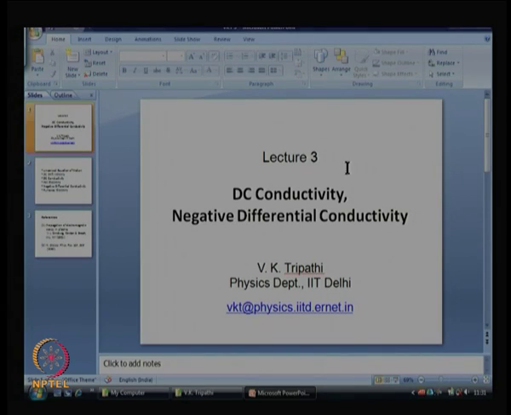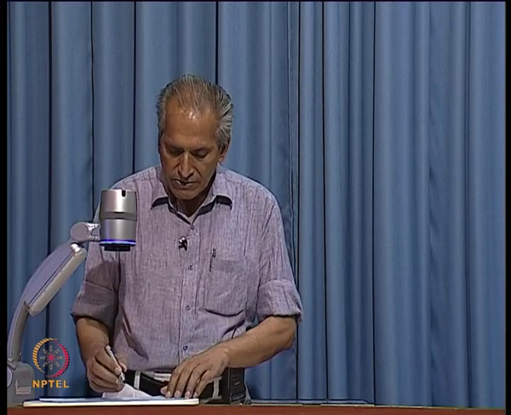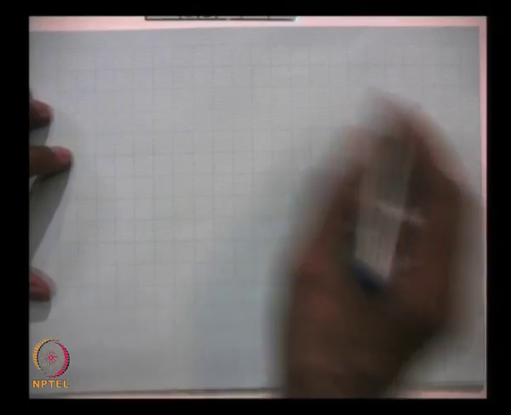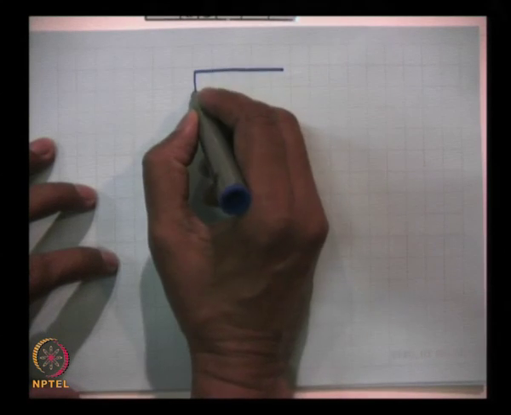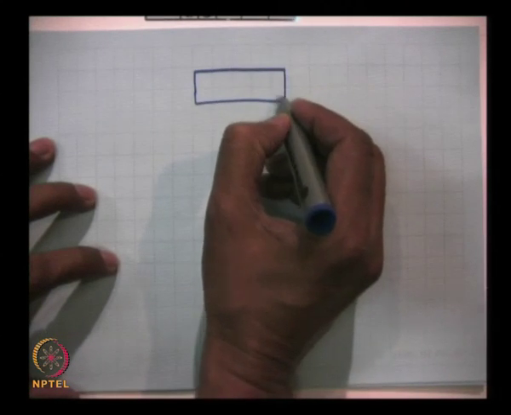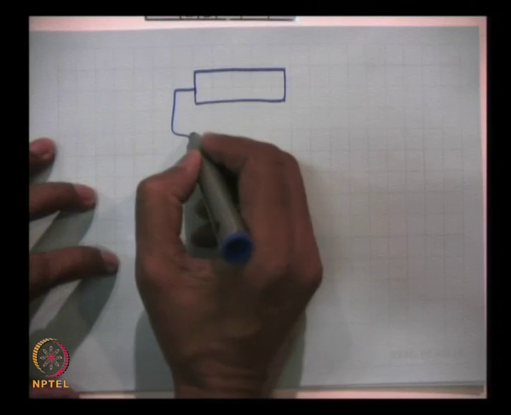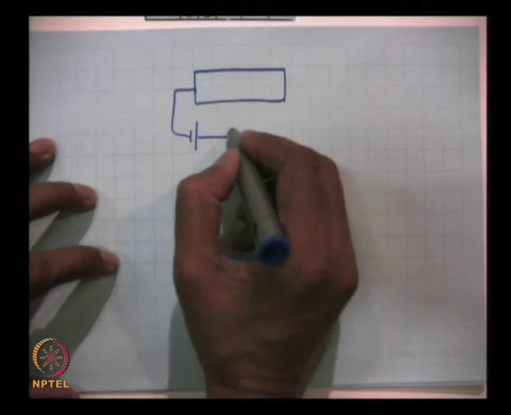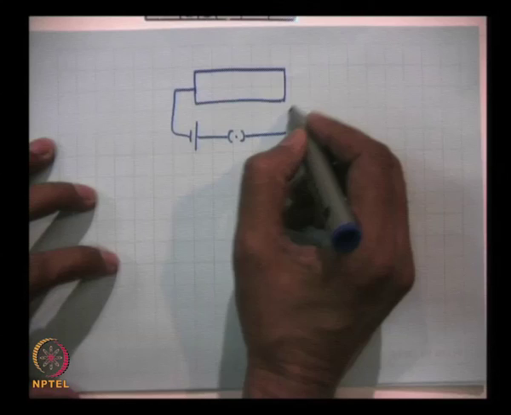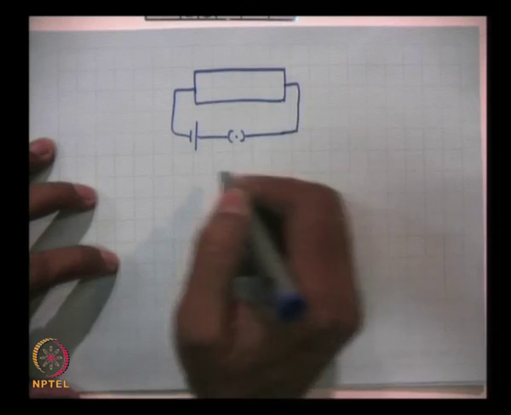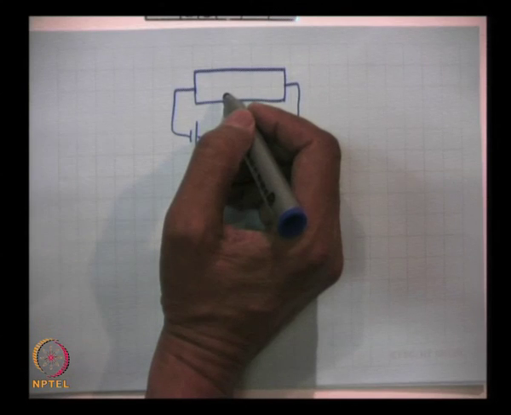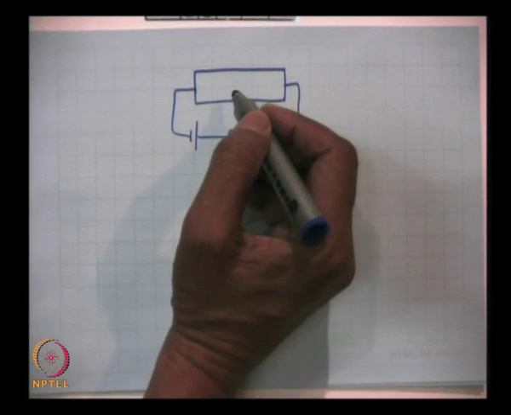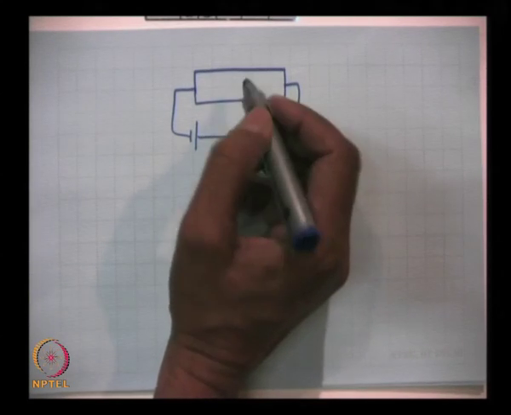Well, let me begin with a simple geometry. Suppose I consider a semiconductor or a plasma, does not matter what it is, apply a DC electric field to it. So, when there is an electric field, if there are free carriers like electrons or holes, or in case of plasma they are free electrons, then they will move.